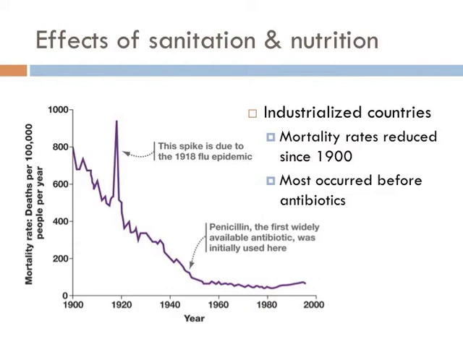Everyone thinks antibiotics are what dramatically reduced mortality rates. However, penicillin, which was the first antibiotic that was widely distributed, wasn't widely used until the late 1940s. By this time, the mortality rate had been cut from approximately 800 per 100,000 to 150 per 100,000. So sanitation was really the key component in controlling pathogenic prevalence. Antibiotics were the nail in the coffin, however, but they were not without their consequences.